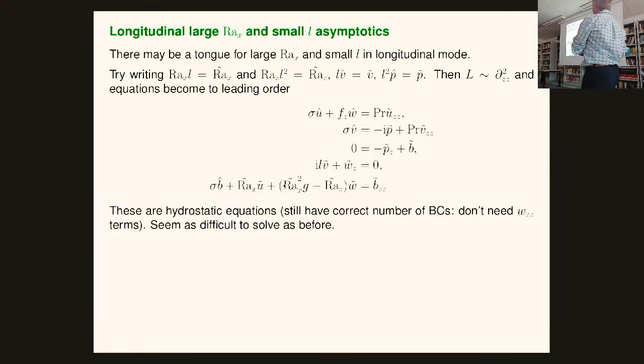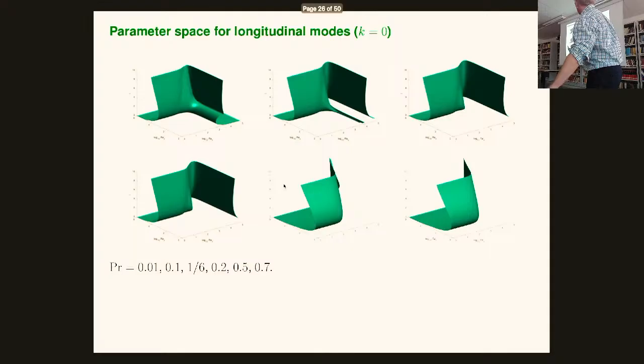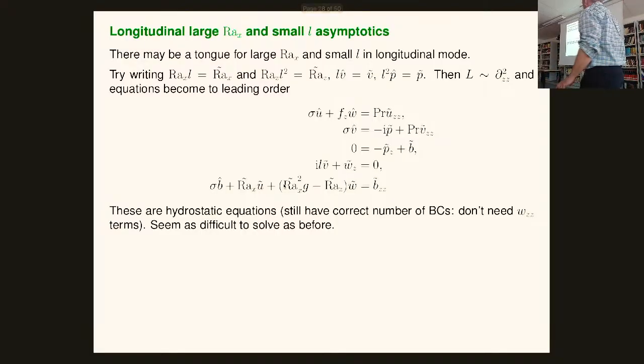So you can try and do asymptotics. That's what I do for a living until people stop believing in asymptotics. There's a scaling for large Rayleigh and small L. That's over here. Large Rayleigh, small L. Going over here, I'm staying close to the boundary. If you do that, it turns out you can rescale the equations and you get a different set of equations. That's hydrostatic. And we can solve these numerically, but they're the same equation set as before, just losing this left-hand side.